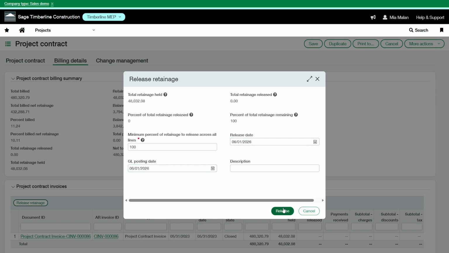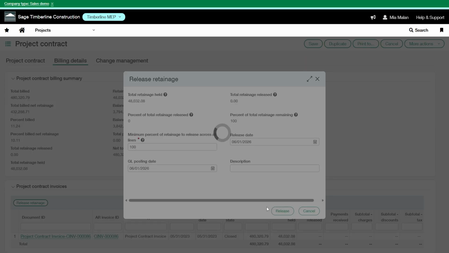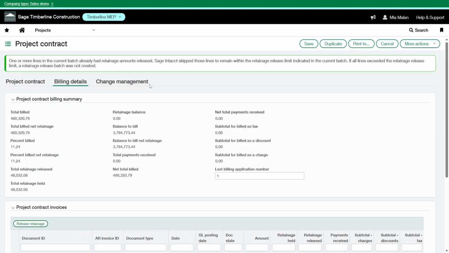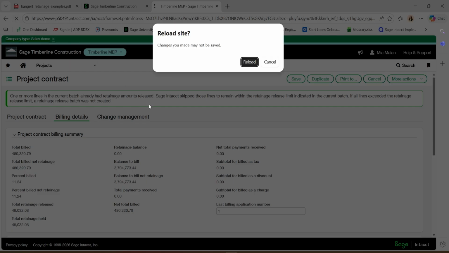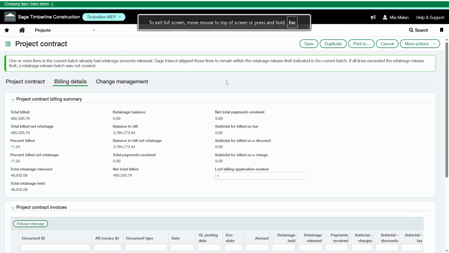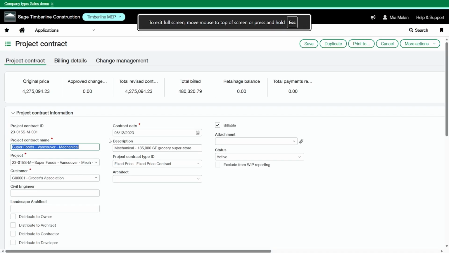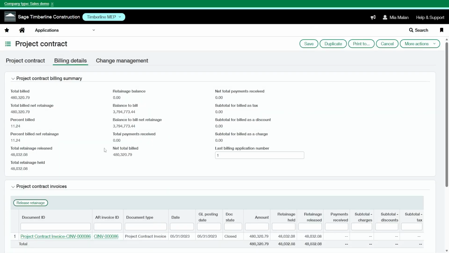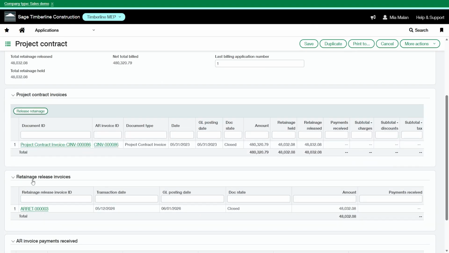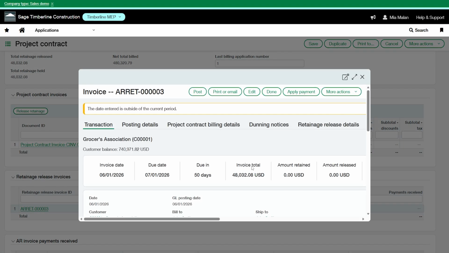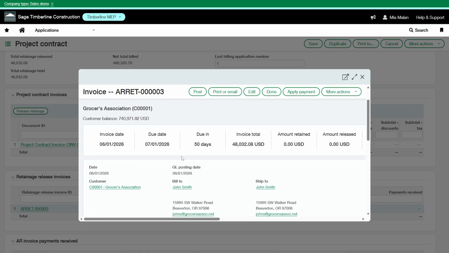Currently 10% was held, and now we're releasing 100%. You can refresh your page. Go into the retainage release invoices, and you'll see that all of the retainage that was held on my invoice, or if I had numerous invoices, it would all be released.